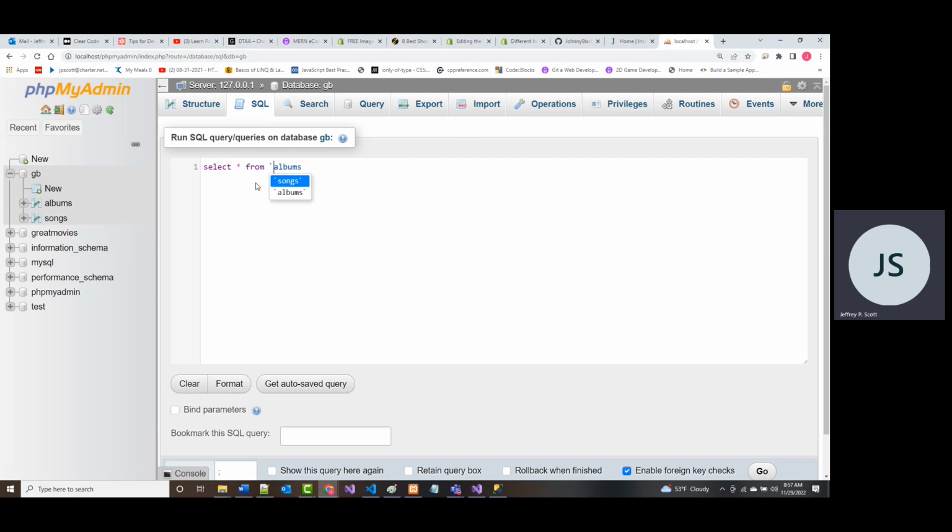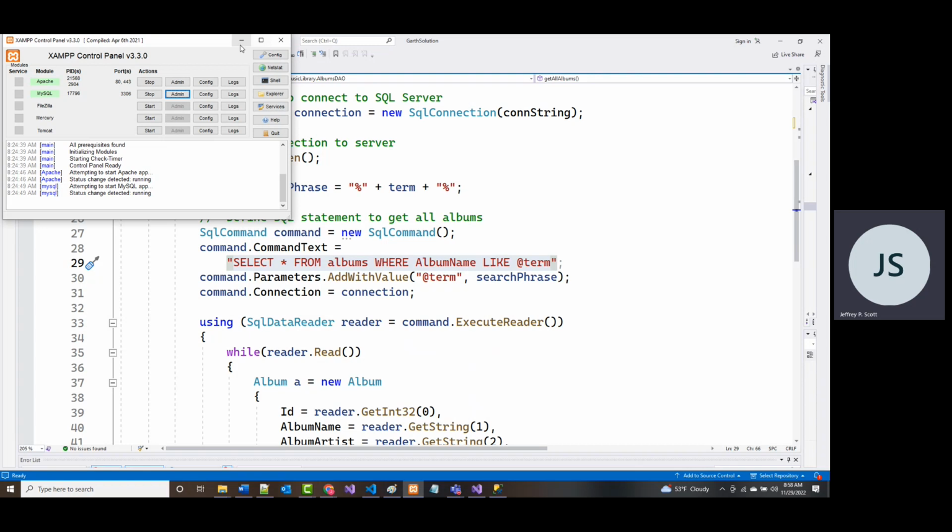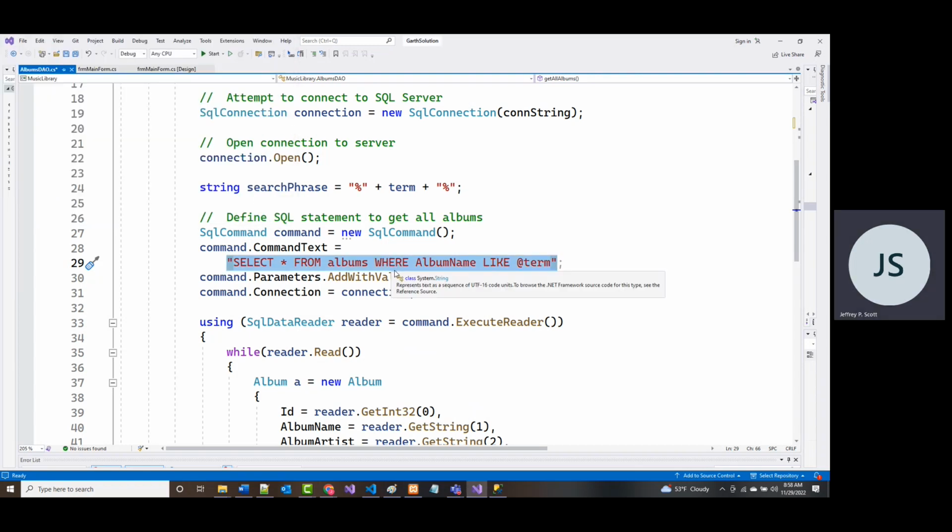All right, it says select star from albums, and then it says where one, which basically, and I've even told you, if you see all that stuff, you don't need these backticks. The backticks are only mandatory if the name in here has got a space in there. We don't have one. The where one is not mandatory either. That just says show us everything. And the reason I mentioned that to you is that's also what we're doing in here.